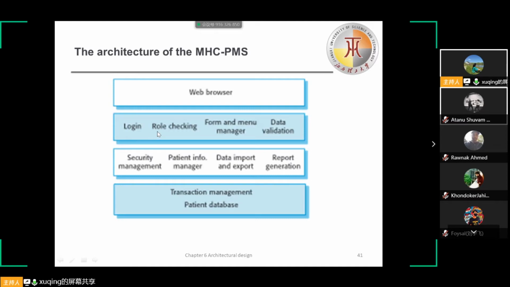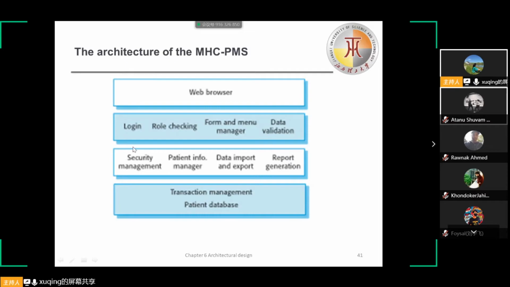It includes components to allow users to log in to the system and checking components that ensure that the operations they use are allowed by their role. This layer includes form and menu management components that present information to users, and data validation components that check information